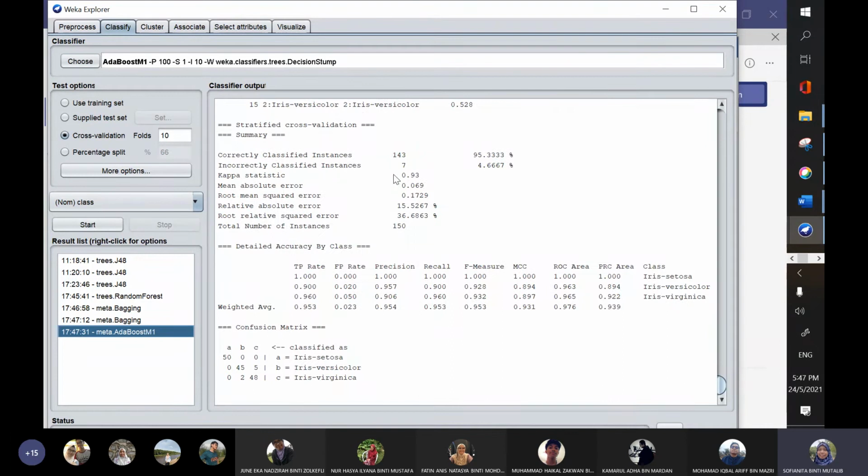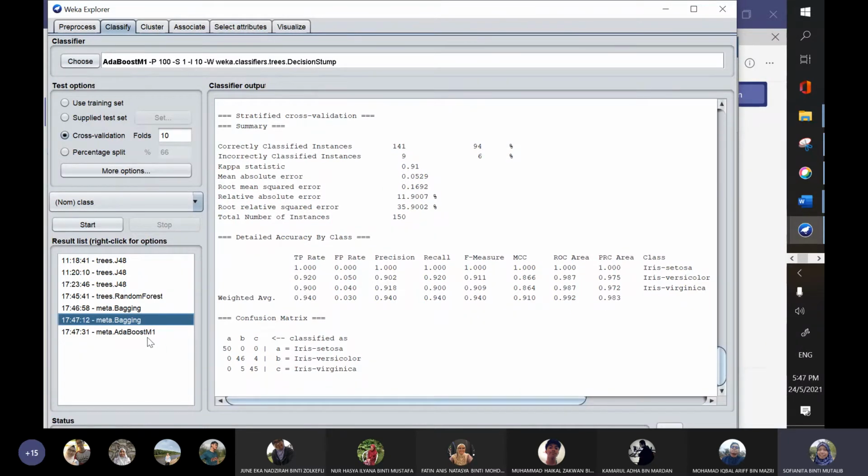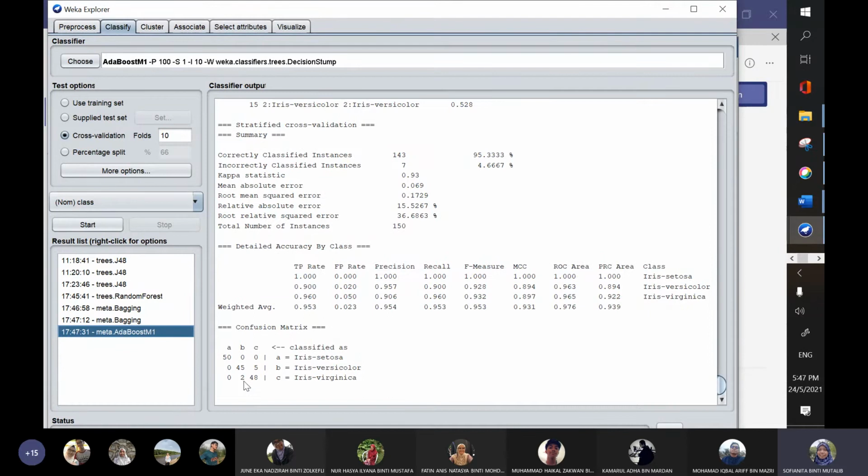If you look at this, we have to look at the confusion matrix. This is the confusion matrix. If you look at the confusion matrix, 45.